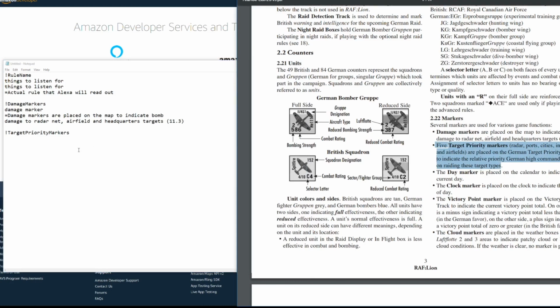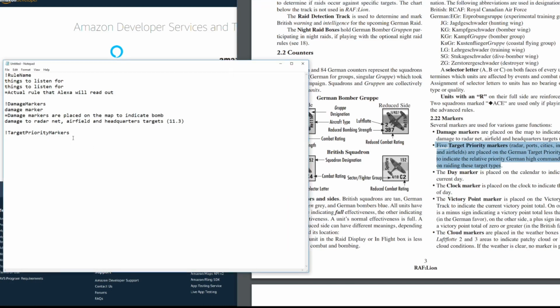So now I'm going to say target priority marker. Alexa has AI built into it so that she will route you here. So if you say target marker priority, it'll probably still route here because it uses artificial intelligence to get you here. Let's do one more rule.